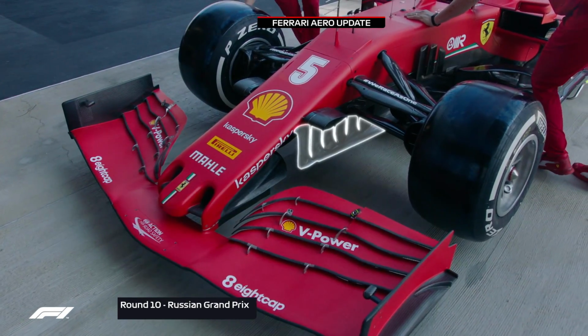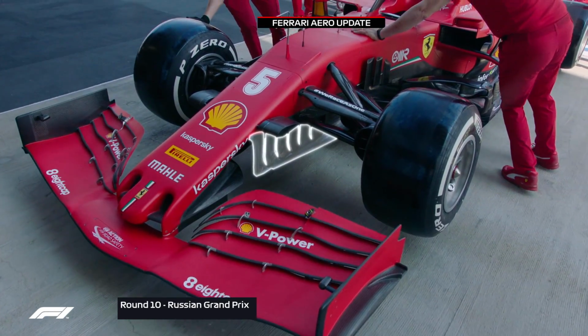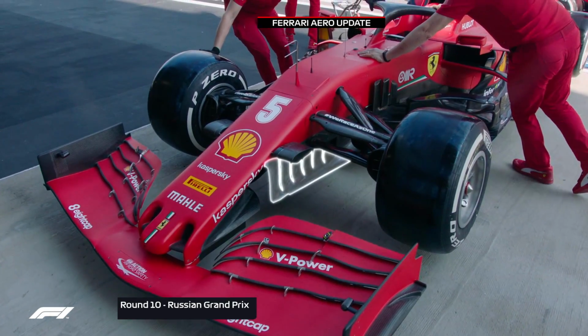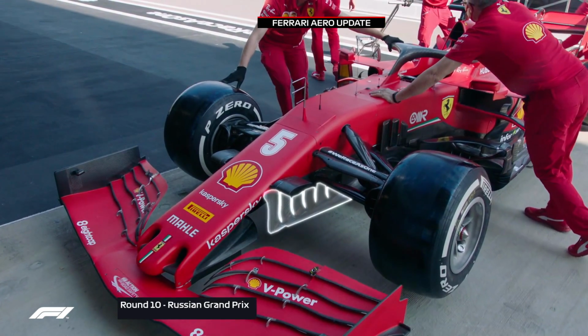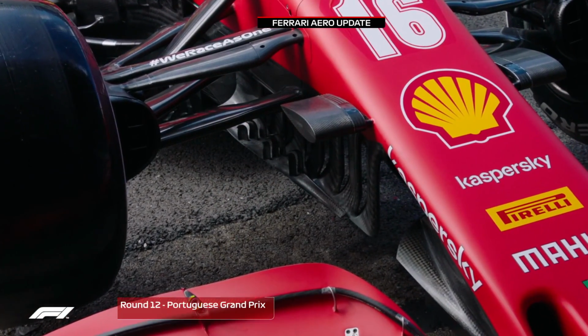This is sort of Ferrari's answer to having a full-size cape like McLaren or Mercedes and some of the other teams do. This is their way of dealing with the Y250 vortex, that big cyclone of wind that comes off in that gap between the end of the front wing cascade and that flat FIA section of the front wing. Managing that flow is super important to how the car works further back on the leading edge of the